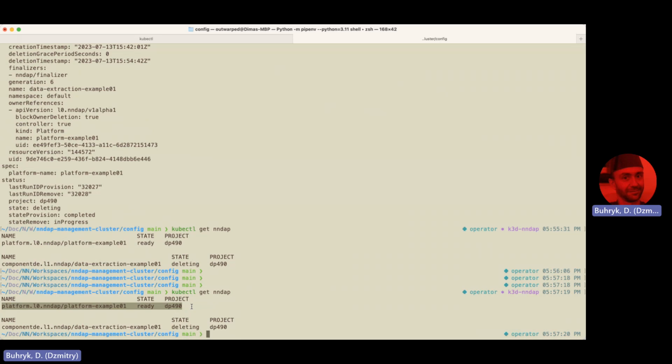I mean, Kubernetes will forget about this resource, and when it forgets about it, the controller of a platform will let it go, and it wouldn't have to track the state and such. So